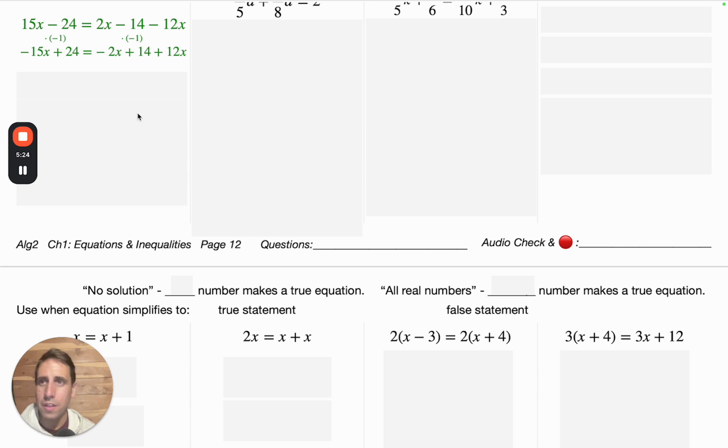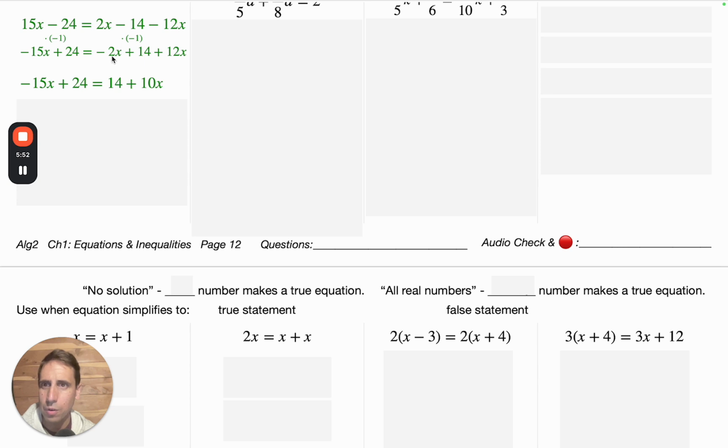When you multiply the 15x, you get -15x. Multiply -24, you get +24, equals 2x becomes -2x, fine. And then -14 turns into +14, -12x turns into +12x. And now I think this equation is going to be a lot easier to solve, especially from an addition, subtraction, plus minus perspective, because what I'm going to do next is